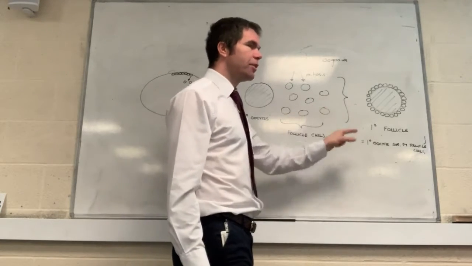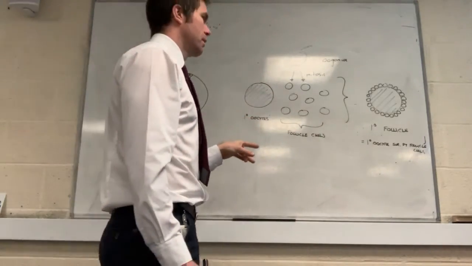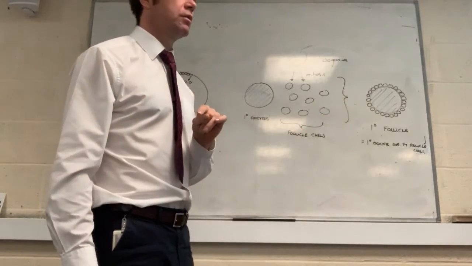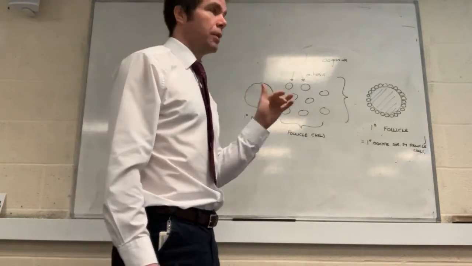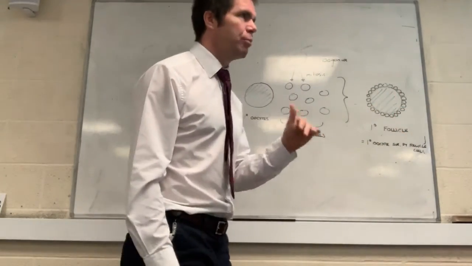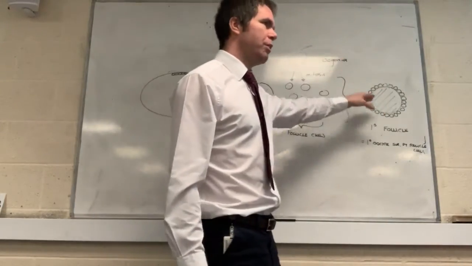Now, they then start to undergo meiosis, all of them. But they stop at prophase 1 of meiosis, and they stay there. So at birth you are born with 500 to 1,000 primary follicles